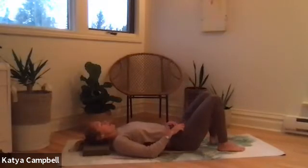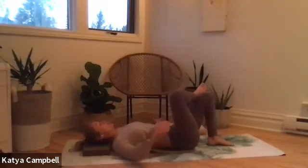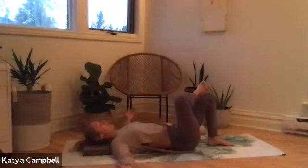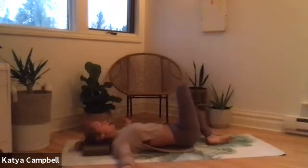We're going to recross, go back to our other side, right ankle on top of our left thigh. This time, take your arms out nice and wide with the palms of your hands facing up at about the height of the shoulders. And we're going to keep the legs in this exact shape, a little bit of flexion still through that right foot. And we'll just tip the legs now over to the left. So we'll be bringing the outside of the left knee and thigh down to the floor,